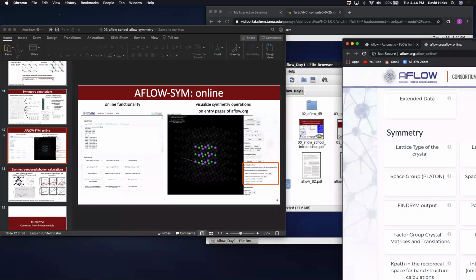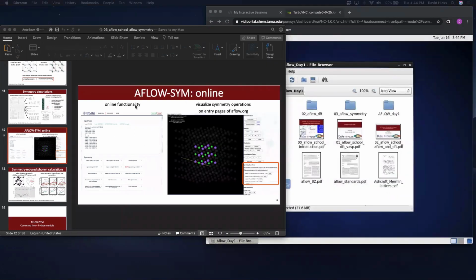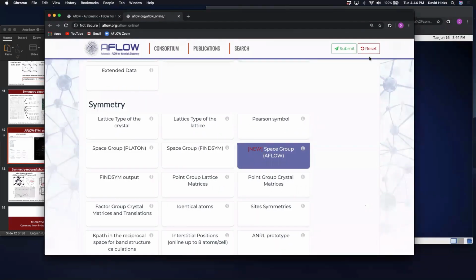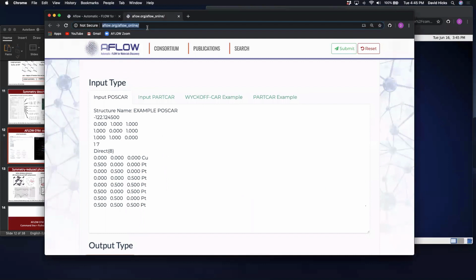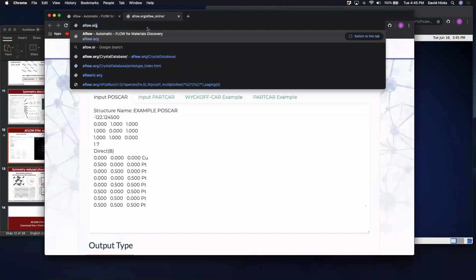And so in addition to this, we have the online functionality, but you can also visualize the symmetry operations on each of our entry pages. We briefly went through how you can go to an entry page, so I'll do that now. Again, we'll go to aflow.org,